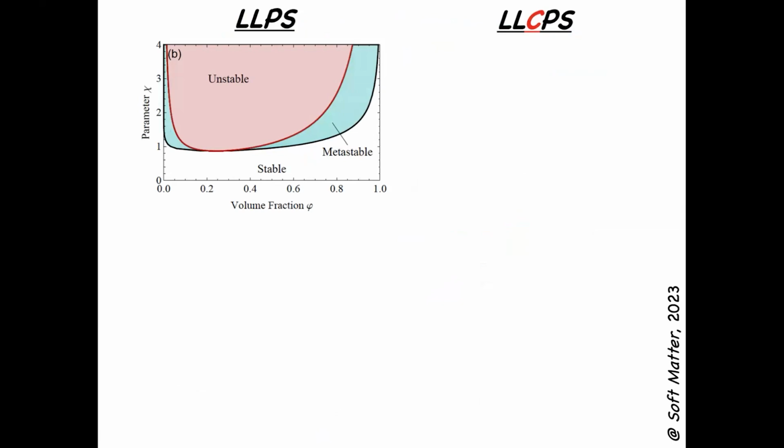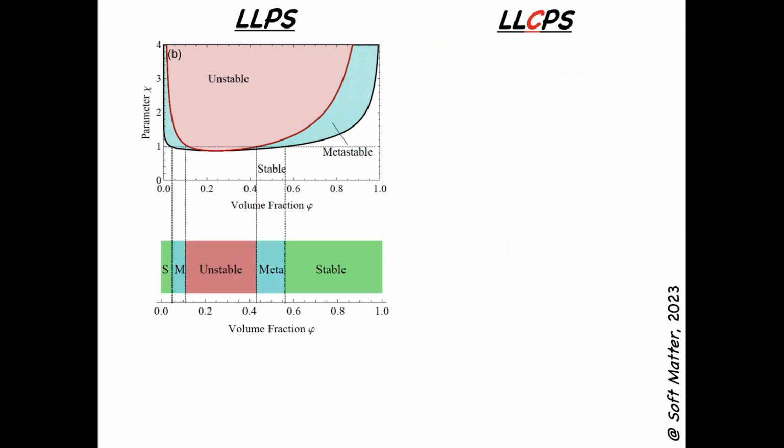Well, again, before I end, I want to highlight some major differences between LLPS and LLCPS. So again, this is the same phase diagram I opened my talk with. The external line is the binodal line, the inner line is the spinodal line. And here, if you have a given parameter, say a given temperature, you take a section of the phase diagram, for example, this is taken at 1. Then it's very clear you have all you need to know once you know which composition you have.